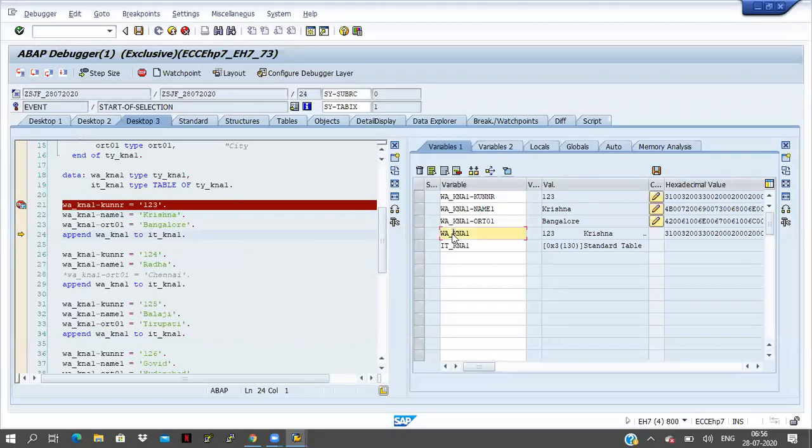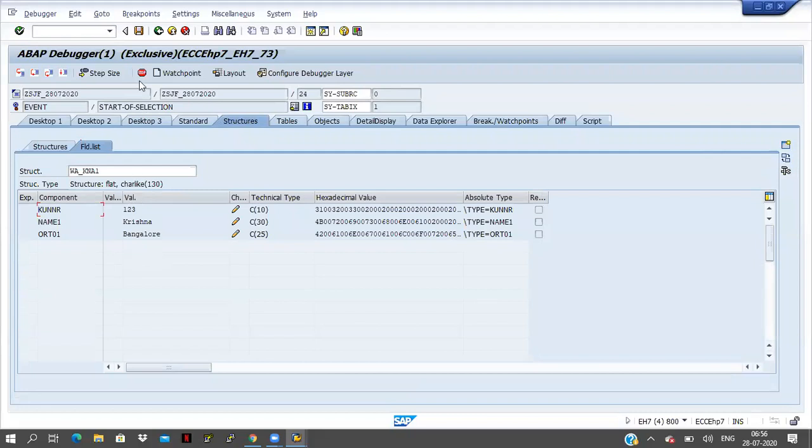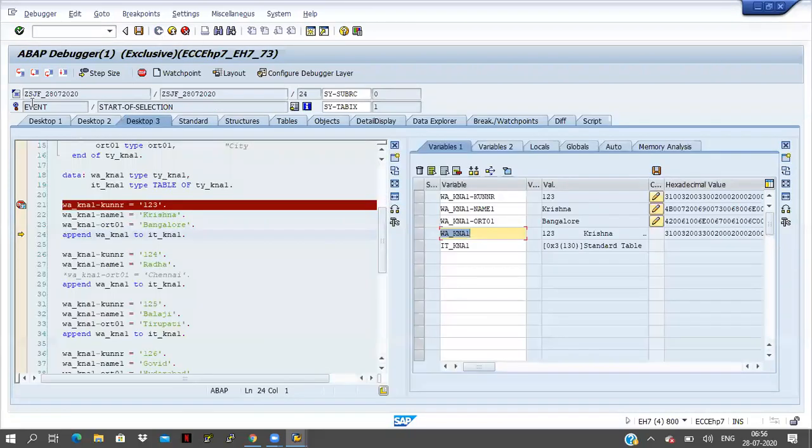If you double click on this KNA1, you can see the field names here. Now if I click on F5 button, then the line 1, 2, 3 will go to IT_KNA1. Click on F5 button. See, one record came here. Now I'm clicking on F5 button. See, customer number equal to 124, but here name 1 equal to Radha is there. Previously Krishna was there. Now I'm replacing this Krishna with Radha. If I click on F5 button, Radha came. But here work area KNA1 ORT01, the city, I am not providing any city.